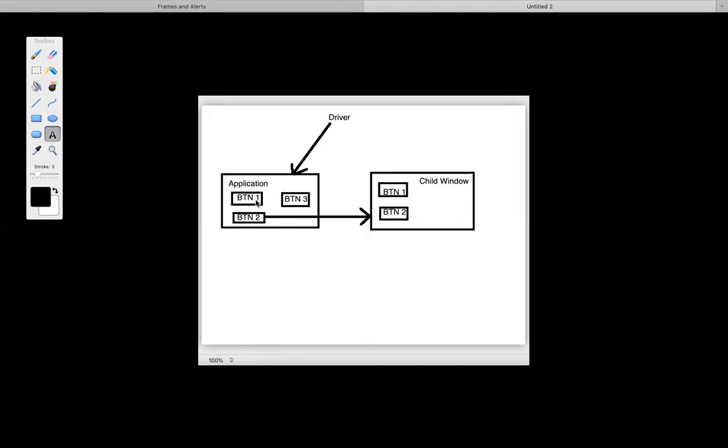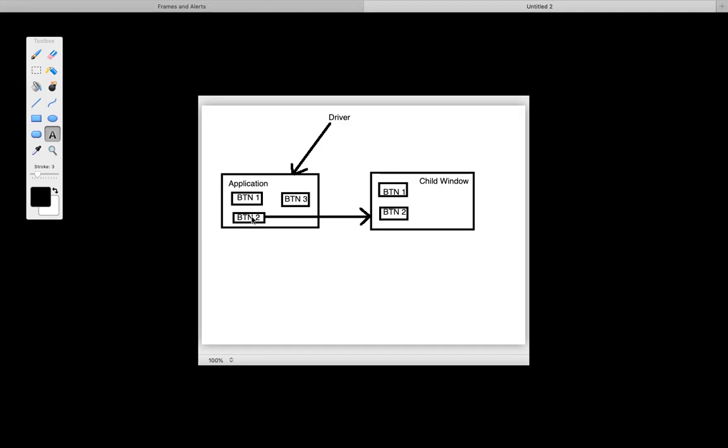So if this driver is pointing to BTN1, BTN2, and then BTN3, I'm still continuing, right? BTN1, BTN2, and BTN3. So I will be able to click on BTN3 as well, guys. Make a note of this point, because I haven't taken the left or right turn. Very simple answer. If I am driving and there is a right turn, that does not mean I have taken the right turn. There is a right turn available, but I have not taken it.